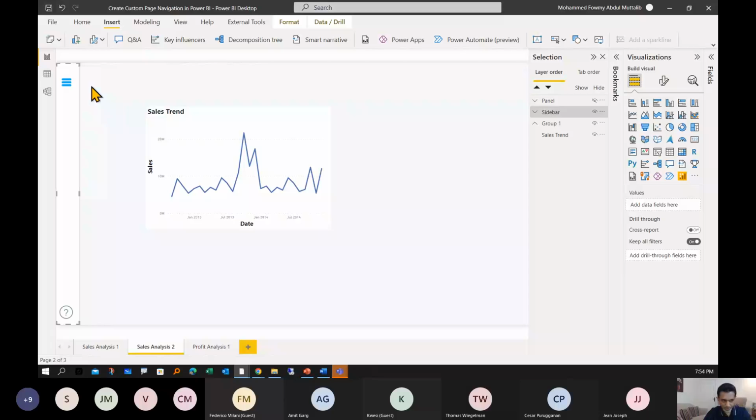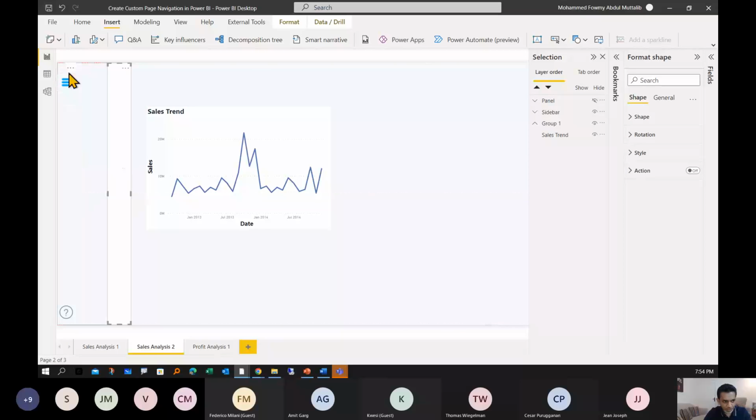See, why I put a vertical bar over here is to include other buttons as well for my other navigation purposes. But if you want, you can remove the panel over here. You can keep only the icon in the top, and you can use the whole space over here. You don't actually need this piece. You can just keep this button. You only need this button over here to launch the